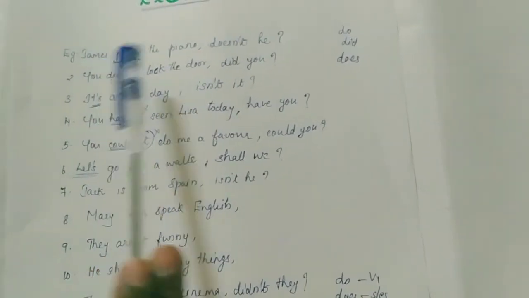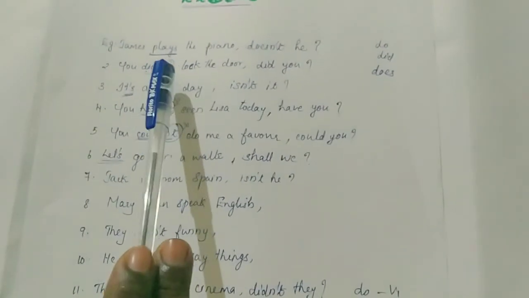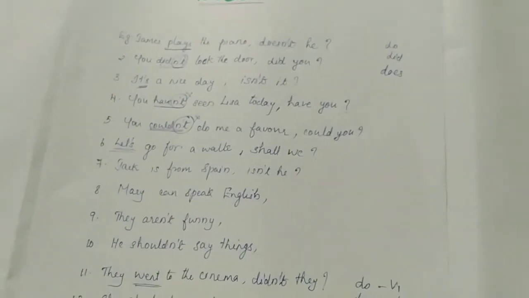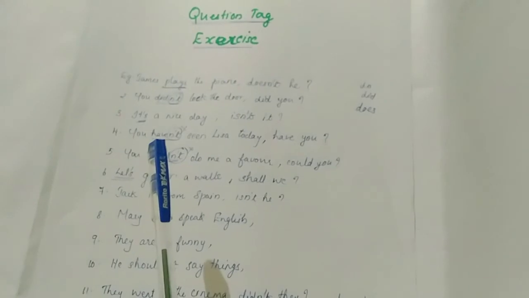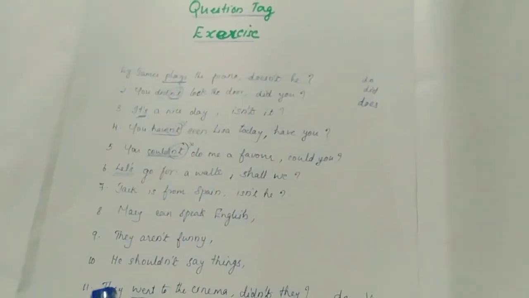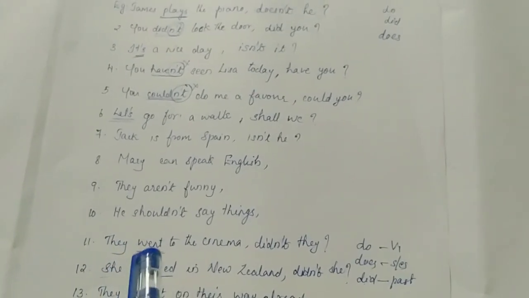The first point is, check whether the statement is positive or negative. Positive statement, negative question tag. Negative statement, positive question tag. And the second point, we should find out what is the auxiliary form of that sentence. You can add not or remove not. Third point, if in that sentence no auxiliary form is there, take the help of do, does, did and check whether it is V1, V2 or S or ES. According to that, we can make it. And some exceptional cases also I have told you. That also you have to learn well.